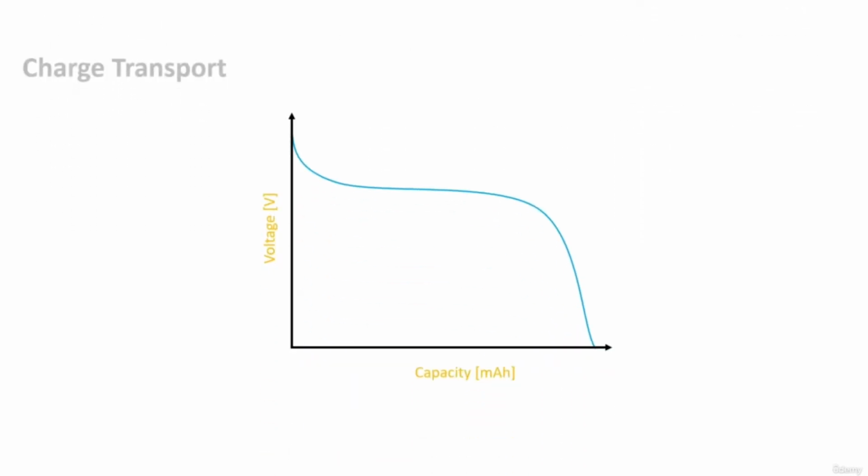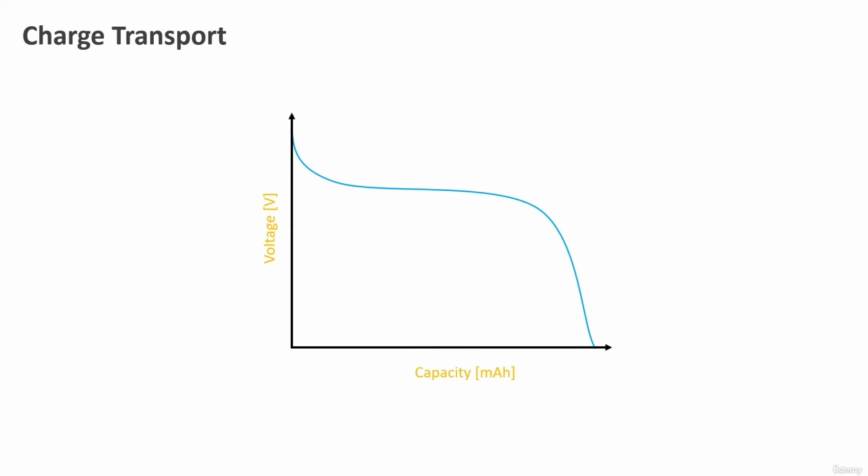Next, let's have a look at what determines the internal resistance and power density, which determines, for instance, the charging time of the batteries. As a result of the battery internal resistance, the battery voltage increases with the charge current. It decreases with discharge current, as we have seen in the previous lecture. As a consequence, the energy efficiency reduces with increasing current, and